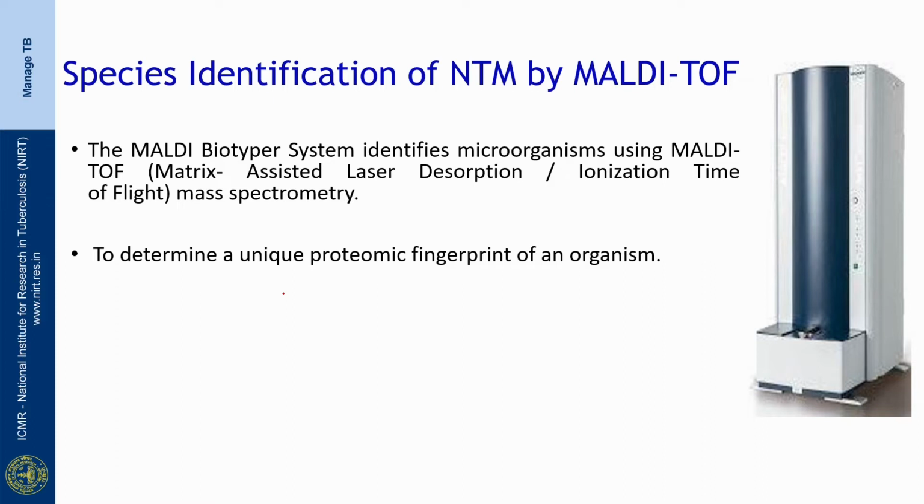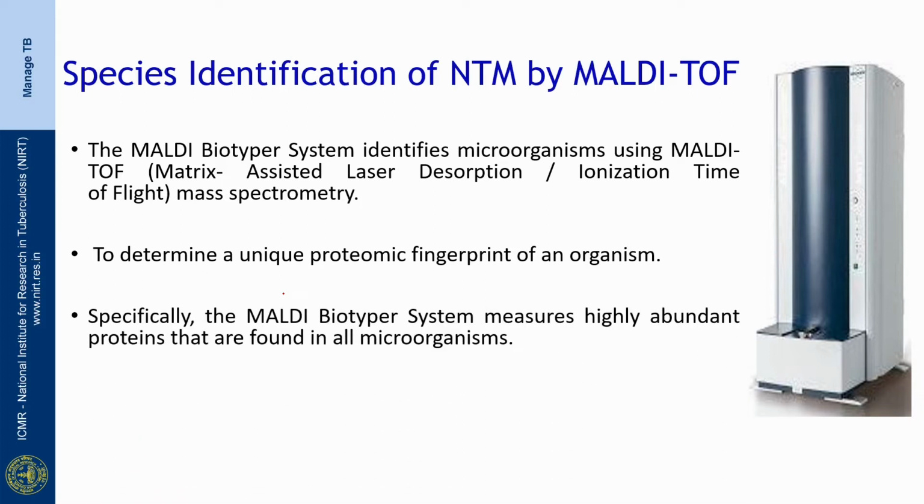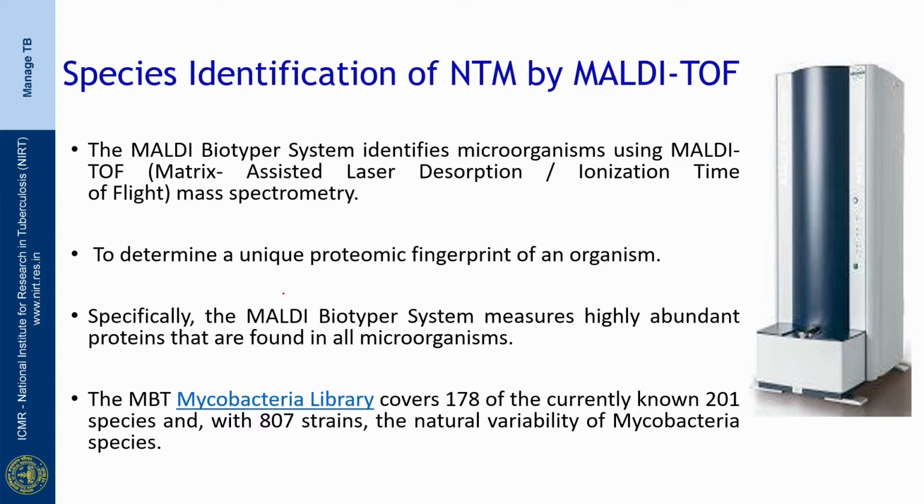For Mycobacterium tuberculosis or other non-tuberculosis mycobacterium, there is a mycobacteria library which covers around 178 of the 201 mycobacterium species present, and it's the most species level discriminatory test which can be done to determine the species level discrimination